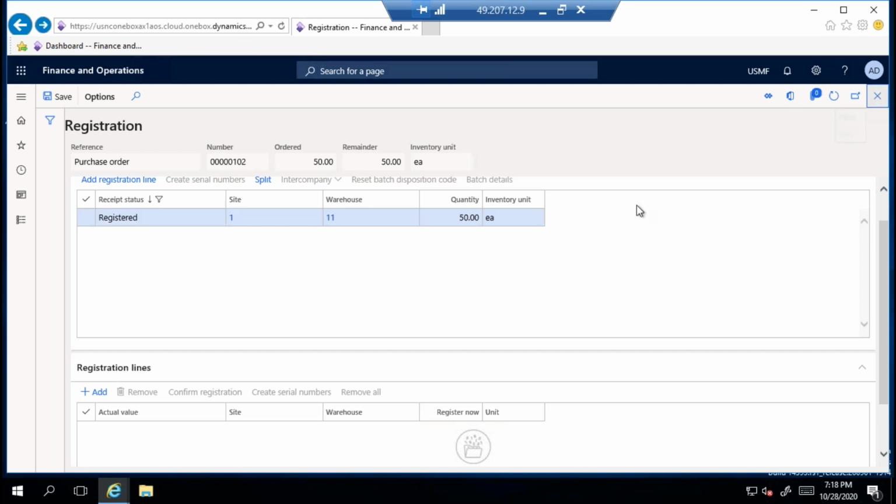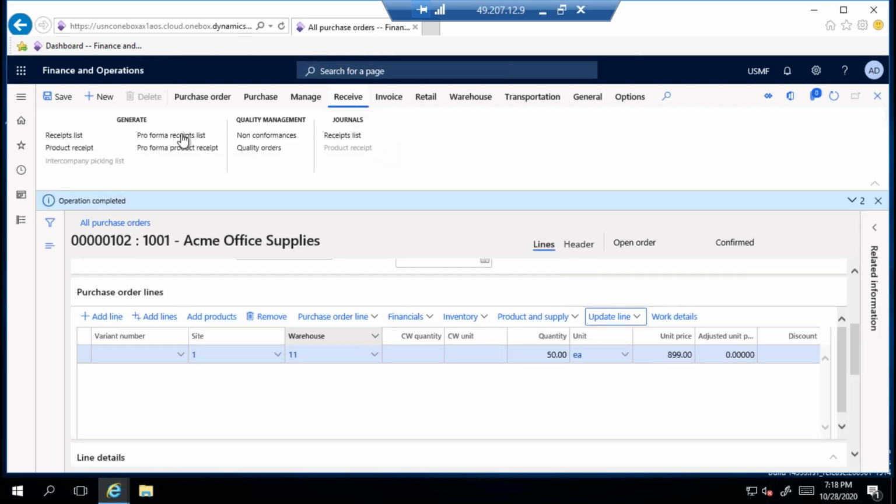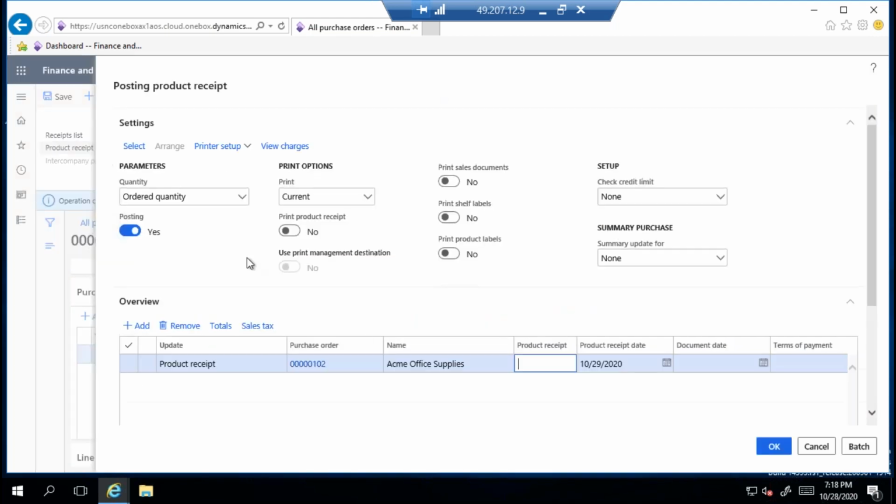Now close. You can do product receipt. So the product receipt number you need to enter. Click OK.